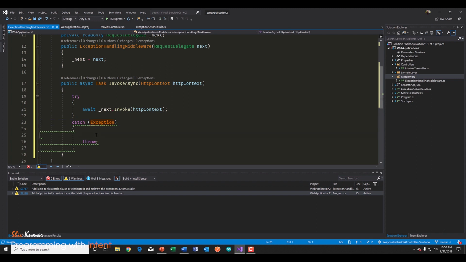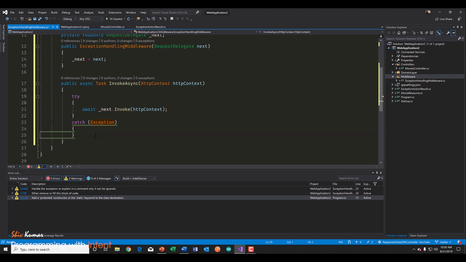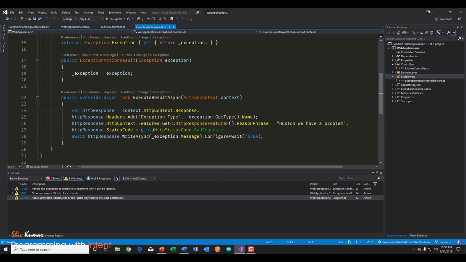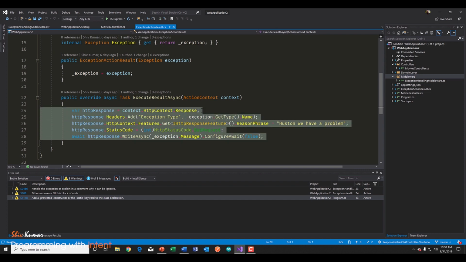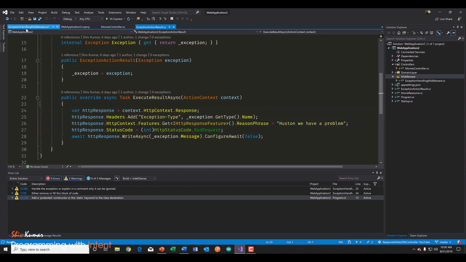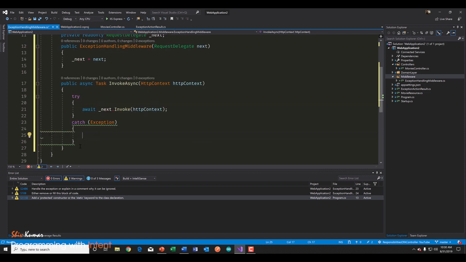And now here, what do we do when we catch this exception? Essentially, we do the same thing we did in the action result. So if I look at our action result here, we have this method here that gets an exception. So I'm just going to copy this code over, and this could be in a separate class if you wanted, but I could just define a separate method here that's private static,